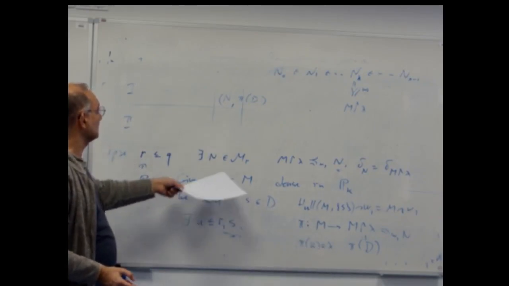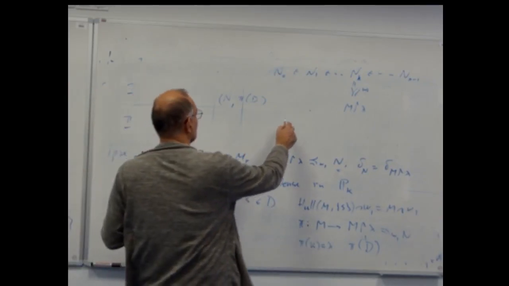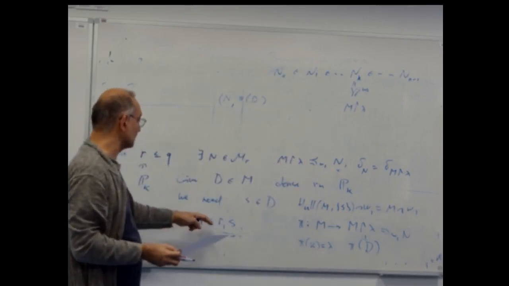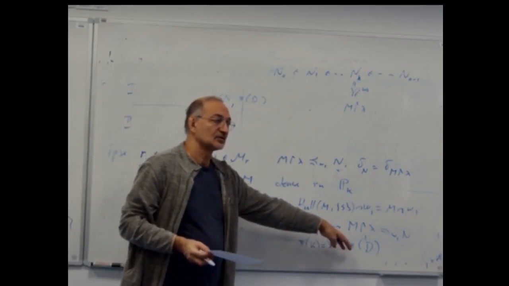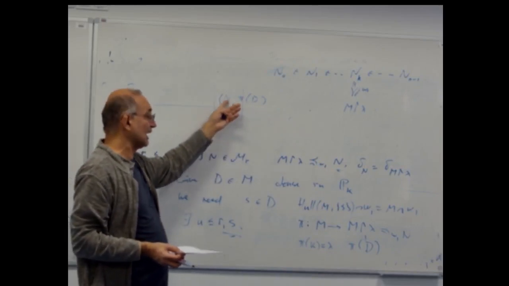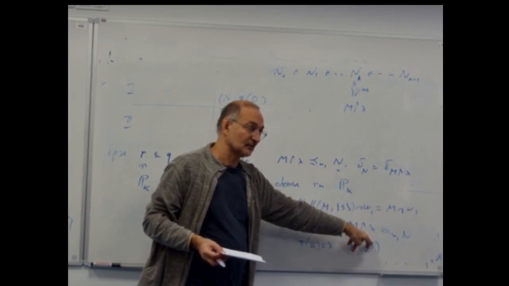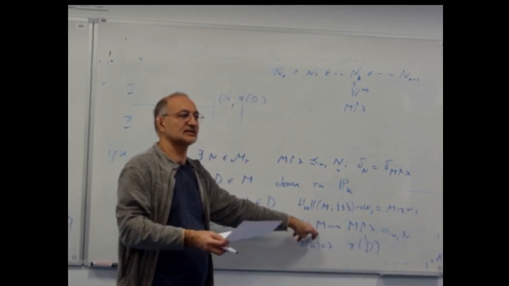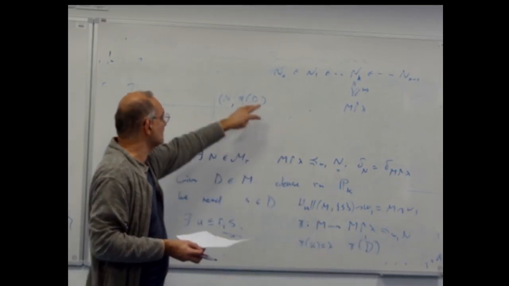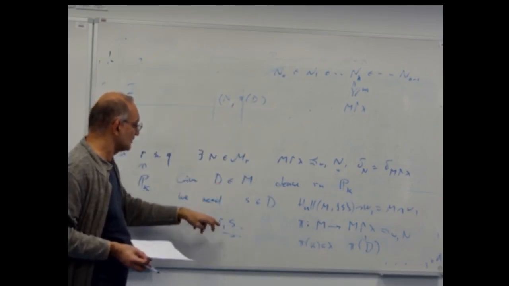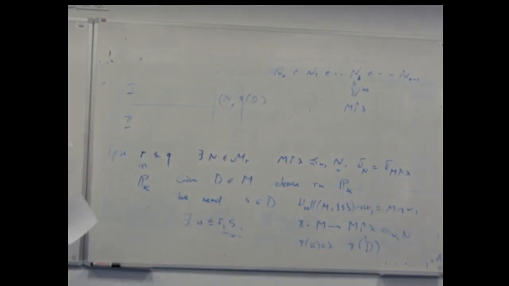So this was R, and then there was some condition that I could add to the model N. But if I can add it to N, I can add it to this, and then I can also add it to N. This is just a simple thing, because this condition S is below lambda. It's in P lambda, so it is in the part that is not moved by the projection. So it's an actual condition from the point of view of V.